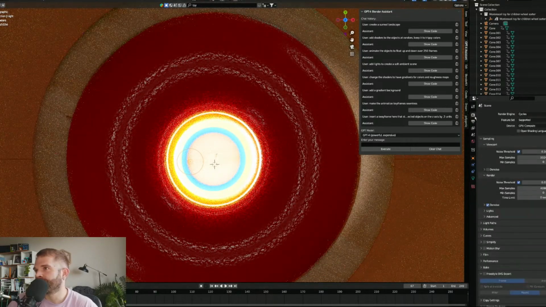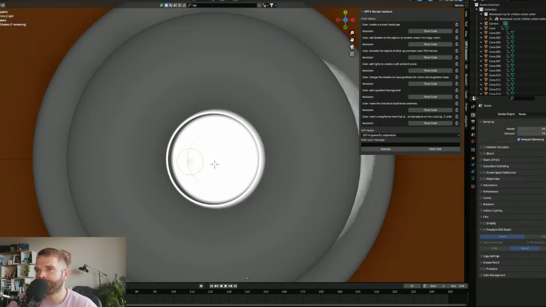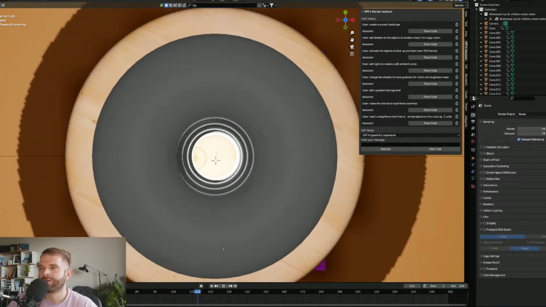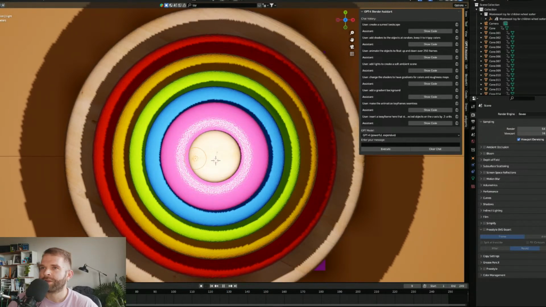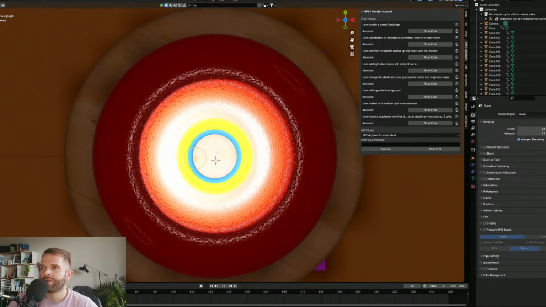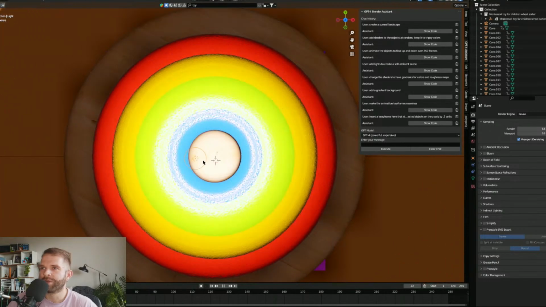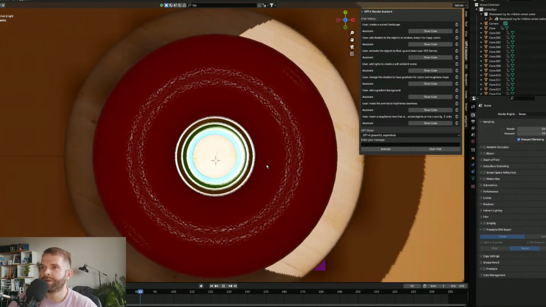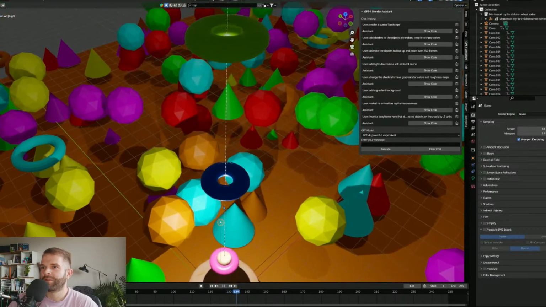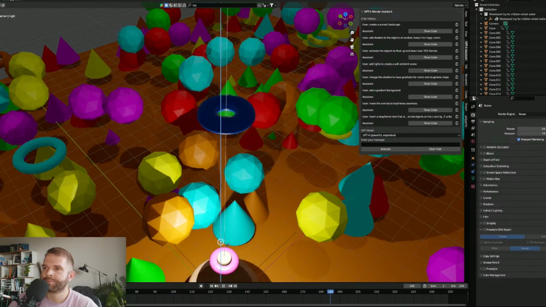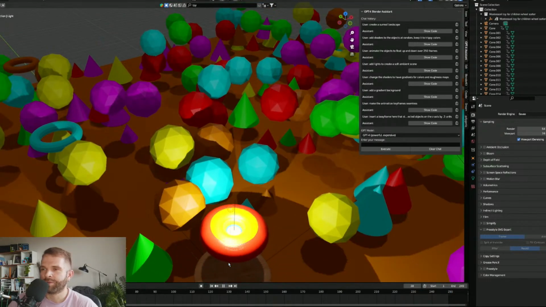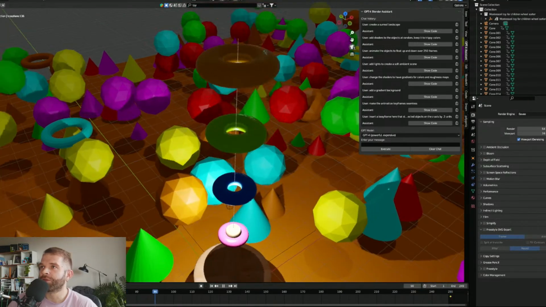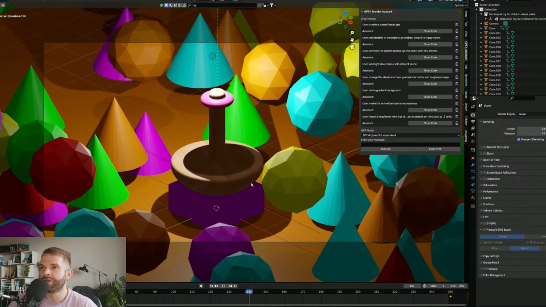Okay, I'm gonna switch to Eevee just so we can appreciate this real quick. Oh, our colors went away in Eevee. Oh, they're loading. There we go. They kind of consume up the light, so let's move the light up. That's kind of a great place for a light. So from the top view, we're getting this cool little effect, but from camera view,